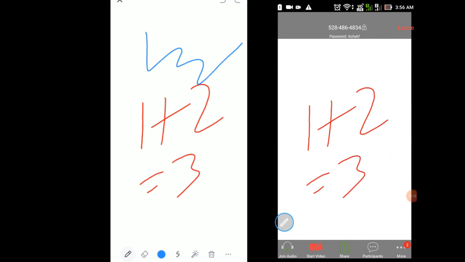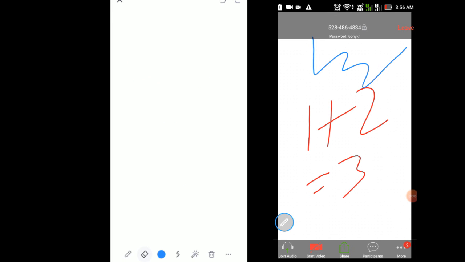Eraser icon is there, you can erase them. So there is a real-time experience. This is a very important icon in this Zoom app, which is available for this one only. No other app is getting this. So this is a very important thing. Whiteboard.